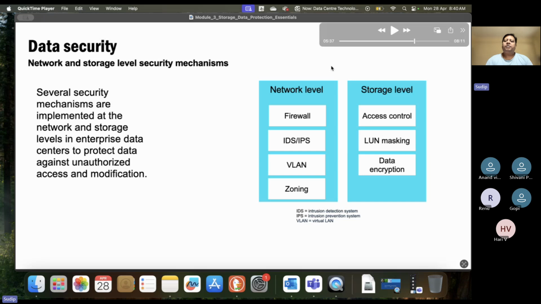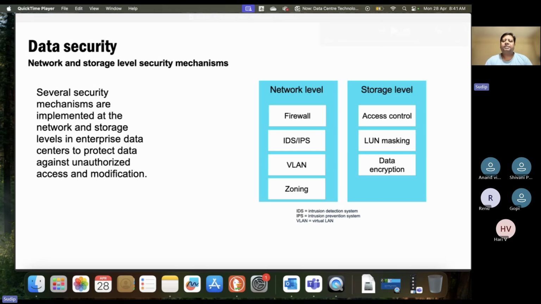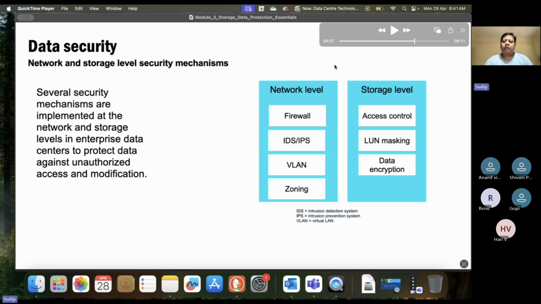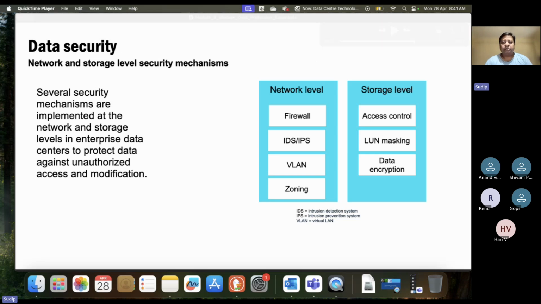So when it comes to cybersecurity solutions, you can broadly classify them into two categories. One that works at the network level. Okay, when I say network level, these are either hardware or software or a combination of both, okay, that get implemented along with the networking devices which connect the servers, which connect the storage, which connect the users, their computers, laptops and desktops, so on and so forth. Okay, so these get implemented at the network level,